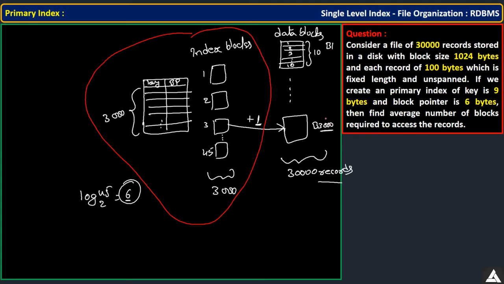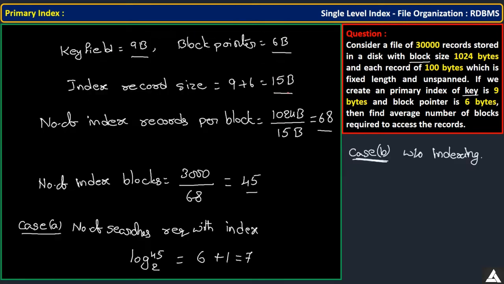So 3000 data blocks means only in this you have to search. And of course, data blocks are ordered. Because they are ordered, you can apply binary search. So that is why again here, log 3000 you have to apply base 2. So this is going to take approximately 12 searches. Is it or not? So that is what with the indexing, the number of searches is drastically reduced, and without indexing,